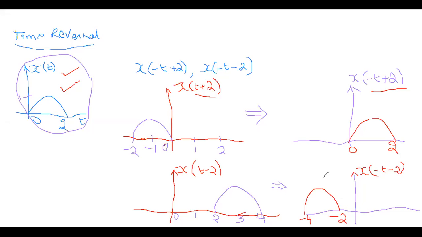Now anyone tell me, please tell me, is it correct or not? X of t minus 2, which is delayed by 2 units, is obtained just by considering the basic signal. And if you apply the time reversal property on this, you will get x of minus t minus 2. That means this is exactly the time mirror image of the existing signal x of t minus 2. Okay, mirror image. In this case also this is the mirror image, but the only change is that the time has been reversed.